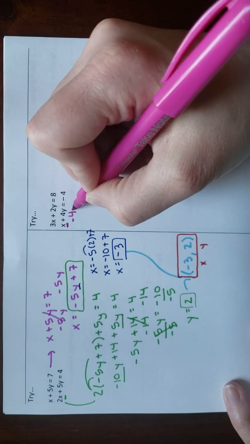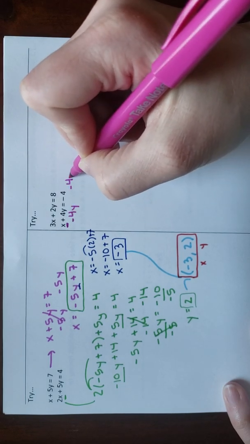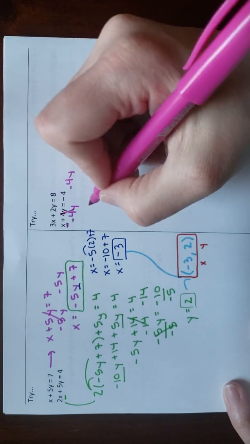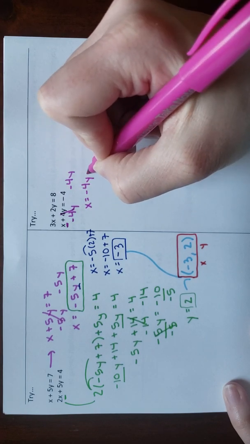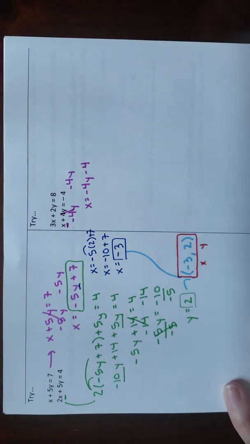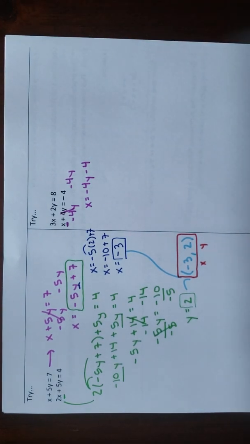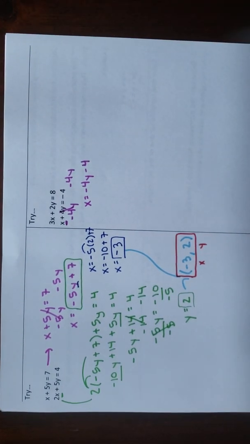So I want to solve for this x, because again, it's already by itself and it's positive, so negative 4y. 4y, we haven't had one set up like this yet. So x equals negative 4y, much better, minus 4. Okay, great. Now we're going to put